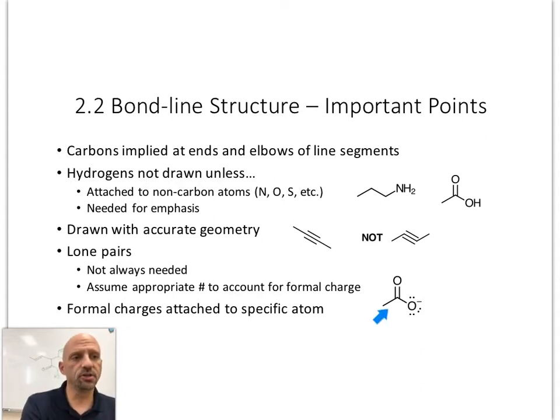So, for example, over here in this structure, I'm making a point of showing the lone pairs on this oxygen because this oxygen has a negative formal charge. The oxygen here at the top has a 0 formal charge. Now, of course, I could put in the lone pairs, the 2 dots there and 2 dots there, and show the fact that I have a completed octet there. But those lone pairs may not be entirely essential just yet, because again, there's no non-zero formal